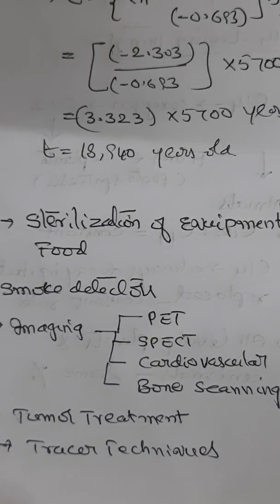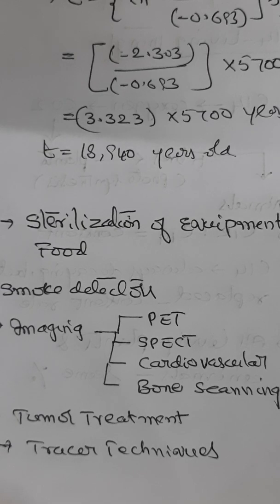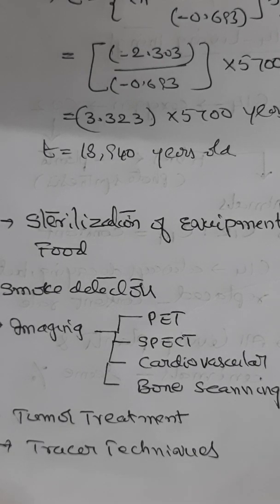Let us understand sterilization of equipment and food. The fact that gamma radiations can destroy biological materials or living organisms is used in the sterilization of medical equipment. Of course, more controversial is its use on food, where it is used to destroy organisms that cause spoilage. In a smoke detector, a low-level radioactive material is present. This radiation can ionize the particles contained in smoke, which are subsequently detected by their charge.